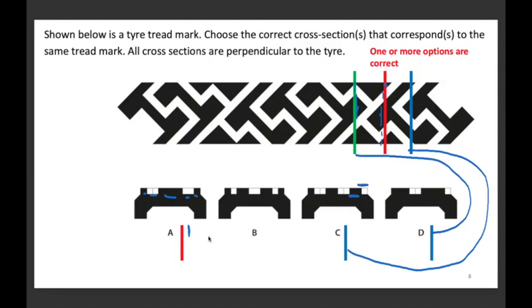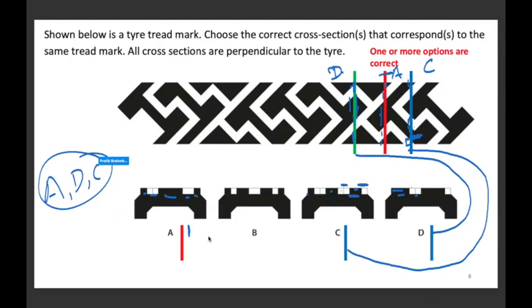Sorry, one second. C wala jo hai is this one. I'm sorry. We have the white space which I ticked here is this one. We have the black, which is this one, the white, which is this one, the black, the white, the black, the white, and then a part black here. So C corresponds to this part. This is C. This is A, this one, and then this is D. In D you have the black, the white, the black, and the white. So that also corresponds. So A, D, and C, all three are correct here. Okay. We'll move to the next one.